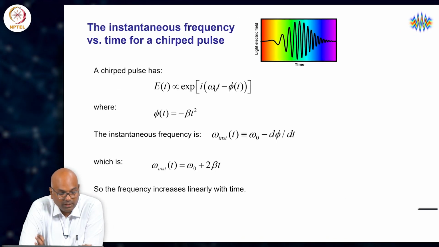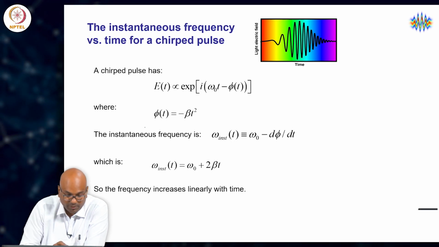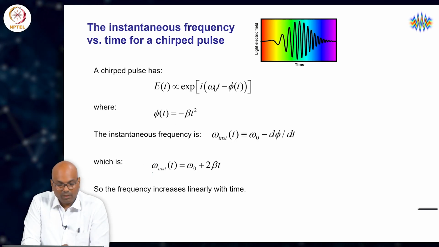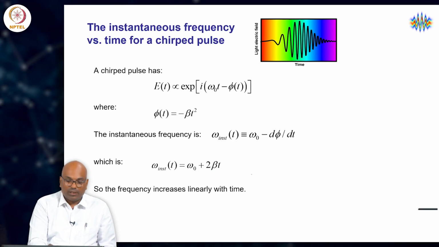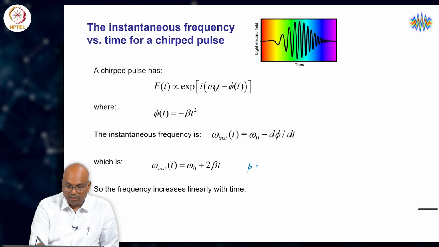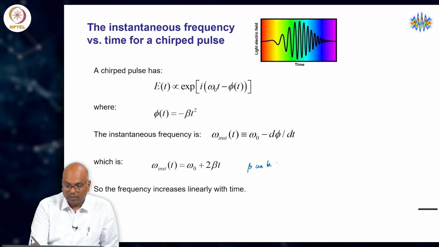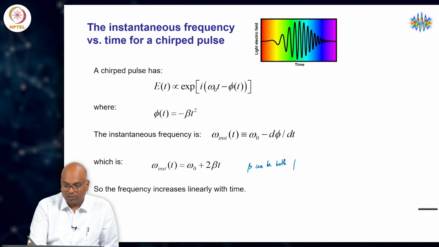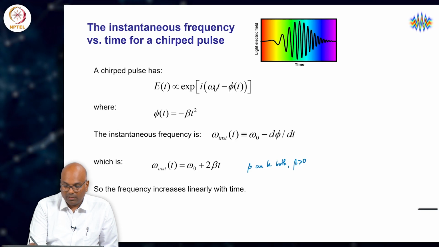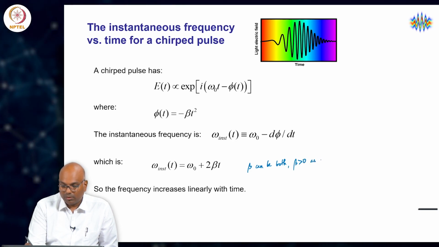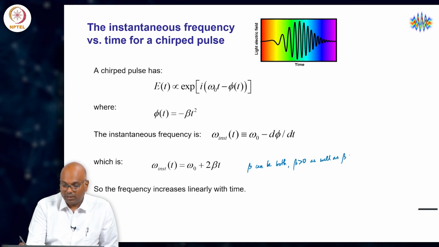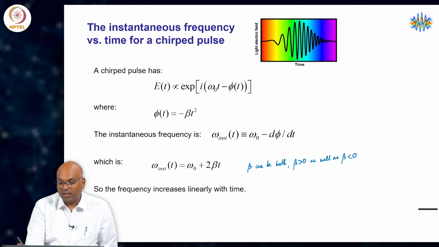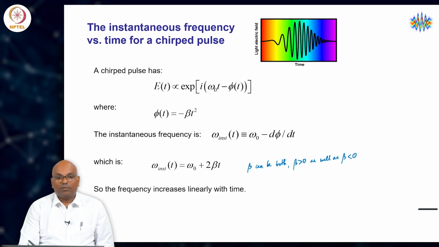So, the instantaneous frequency versus time for a chirped pulse is essentially omega instantaneous of t plus twice beta t. So, beta can be both greater than 0 as well as lesser than 0, but not at the same time for the same pulse in a given medium,